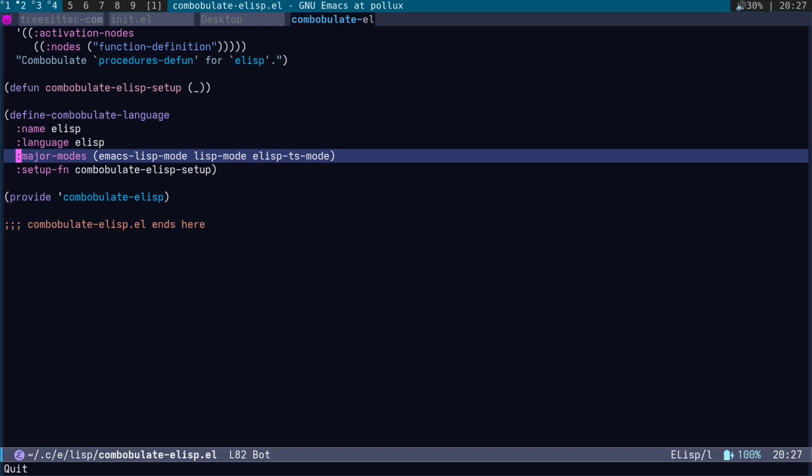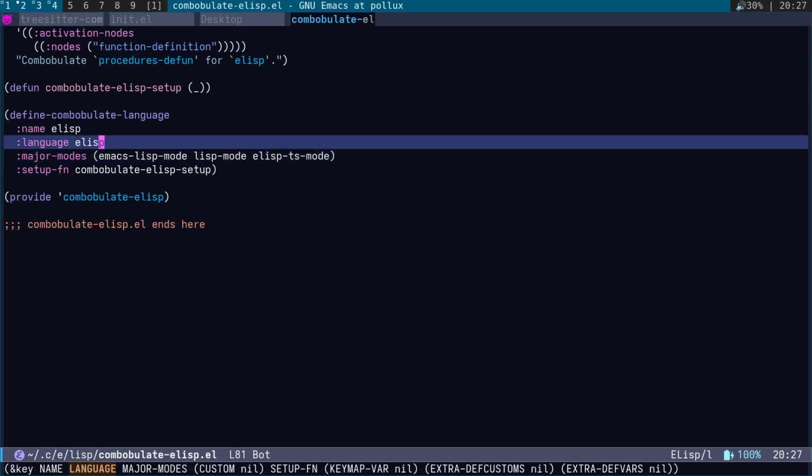And even though there is no elisp TS mode when you run M-x, apparently, at least according to Gemini, which may not be completely accurate, the package actually sort of creates these in the back end somewhere. So the major modes are the modes that Combobulate is actually going to work with. And you can see here we've got the name, the language,